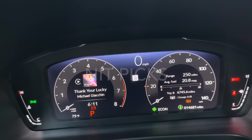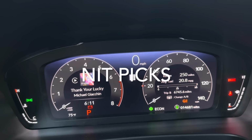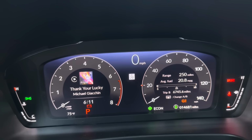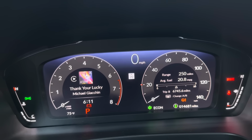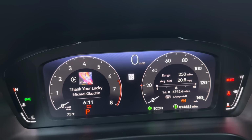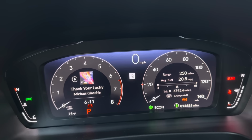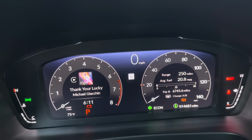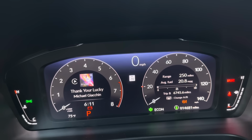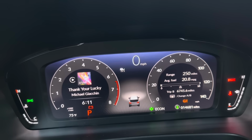All right, so let's move on to 9 nitpicks. And I realize some of these are, yes, quite nitpicky, but they're things that I notice, and I suspect that other people would notice as well. Again, nothing that's bad or broken, but it might be something that you notice, and maybe Honda would want to think about some of these things down the road when they do some other updates. So the first one, when you're using the cruise control, you've got this really cool